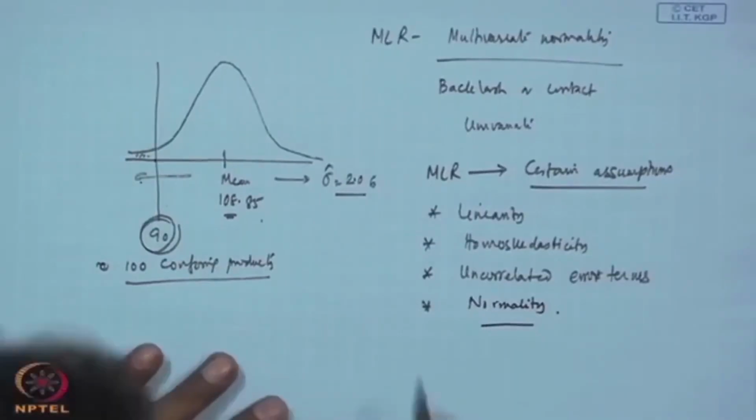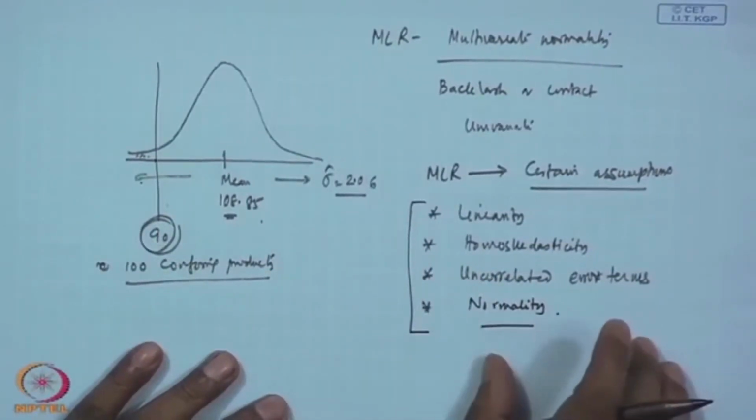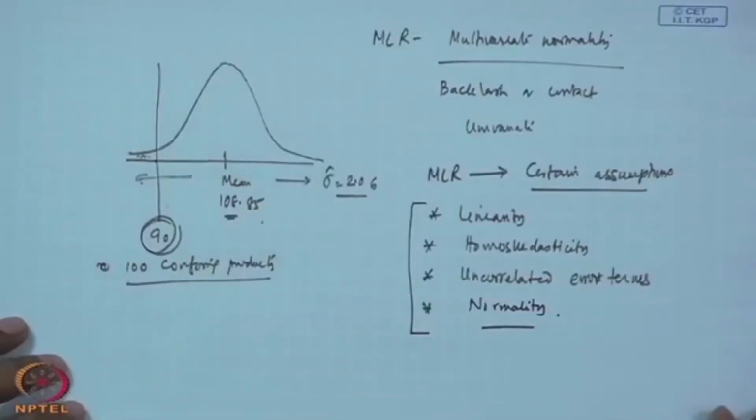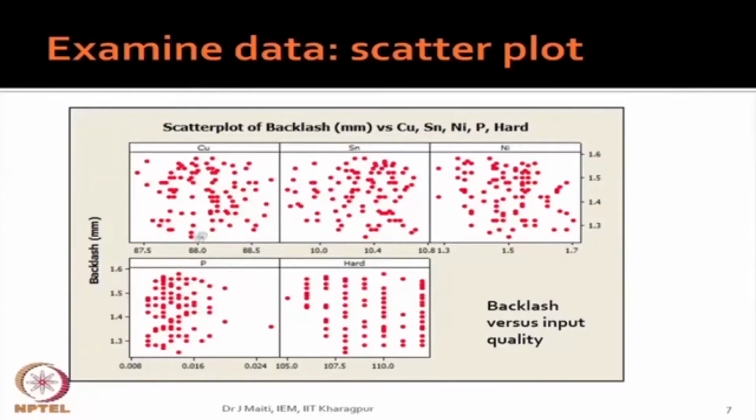Okay. So, we should not wait for model fit and then get the error values and test the normality; that we will do definitely when we fit the model. But here before that, let us see from the raw data collected whether we get any information which will help us judge the assumptions of the model. For example, one of the things is the linearity with respect to the y variable. If we consider y is backlash here, although y can be contact, but first we will consider y is backlash,